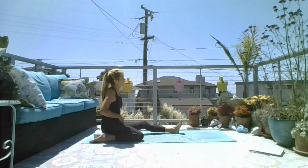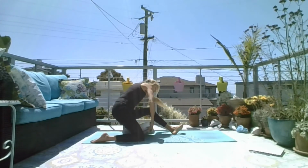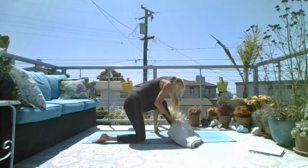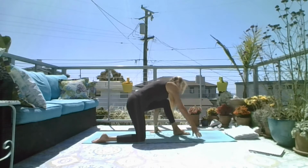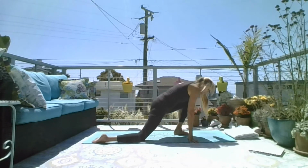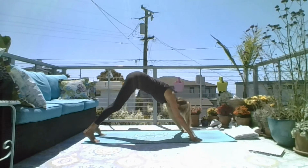Big hamstring stretch. Let's release, pull up. So if you have a blanket, just go ahead and bring that, move it to the front of your mat. Not sure if you'll want it again in the immediate future, but that's a good place to have it. And tuck the right toe, lift the knee off the ground, send the left foot back into